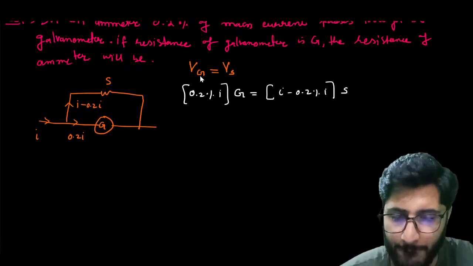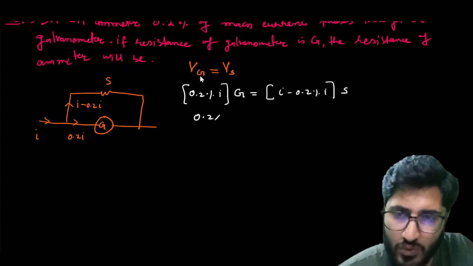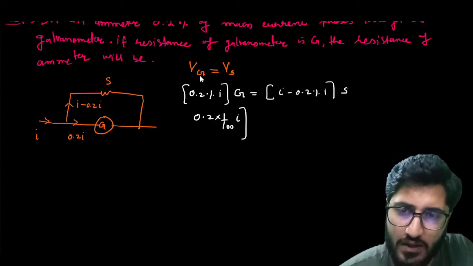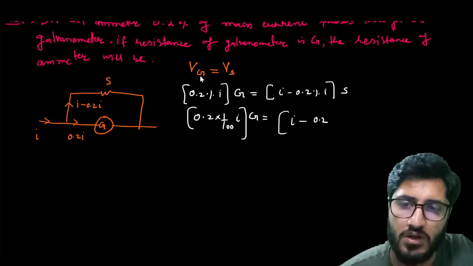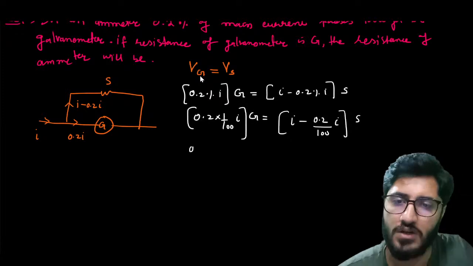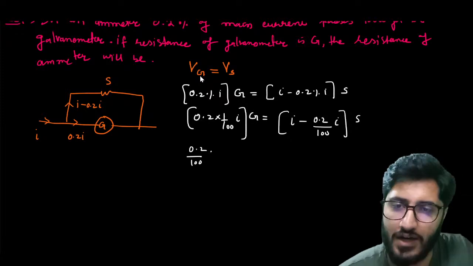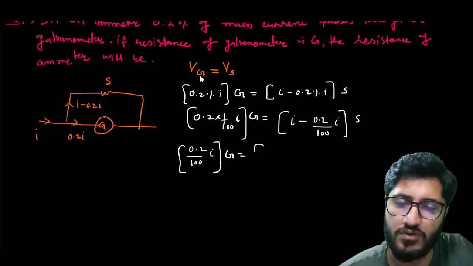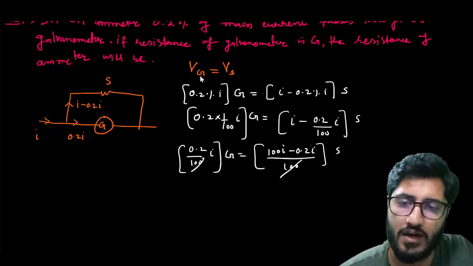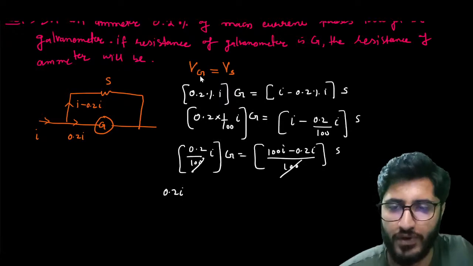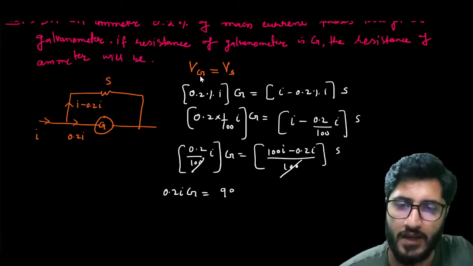Done, no? Okay. I write 0.2 into 1 divided by 100 into I into G equals I minus 0.2 divided by 100 I into S. I can write 0.2 divided by 100 into I into G equals (100 I minus 0.2 times I) divided by 100 into S. 100 cancels out. It is 0.2 times I into G equals 99.8